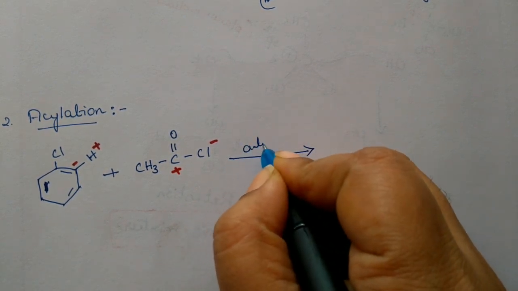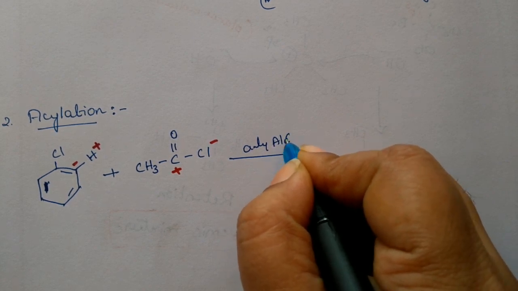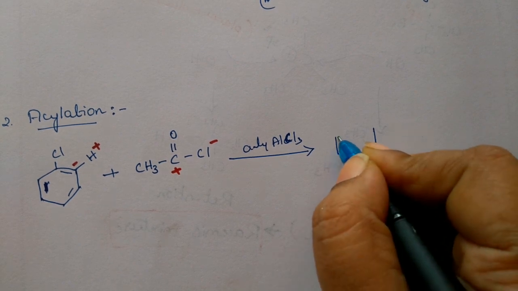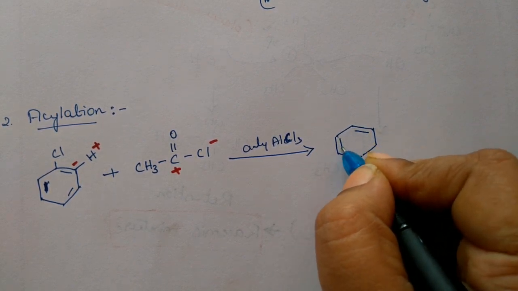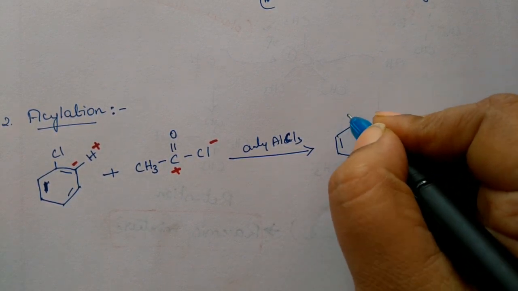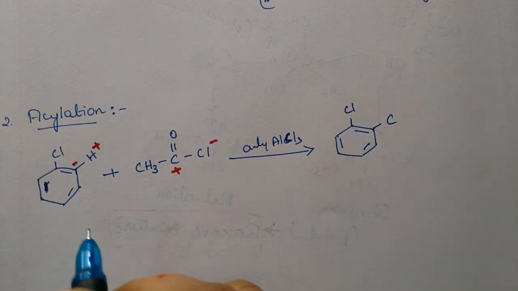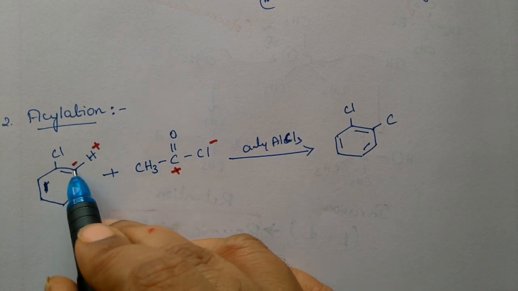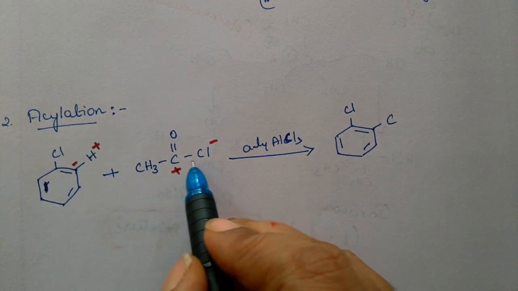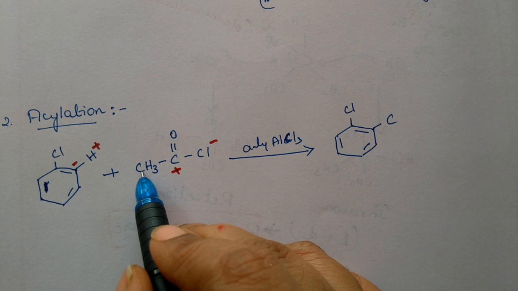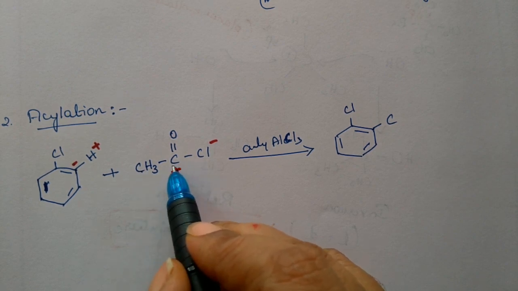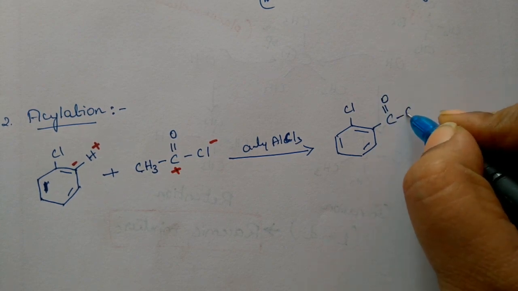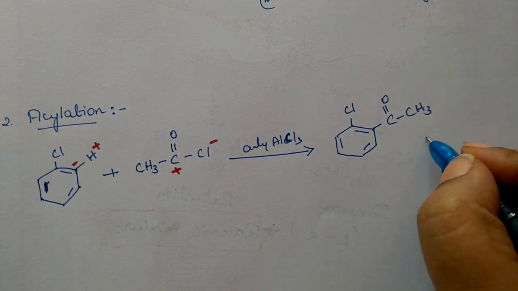It is anhydrous AlCl3. If you don't write anhydrous AlCl3, then the reaction is not correct, or the reaction doesn't take place at all. So make sure that it is C minus. This carbon is negatively charged. Positively charged carbon should attack here. So don't write the bond with this carbon only, because it is negative, this is positive. So it is C double bond O, CH3. In this form only you should write.